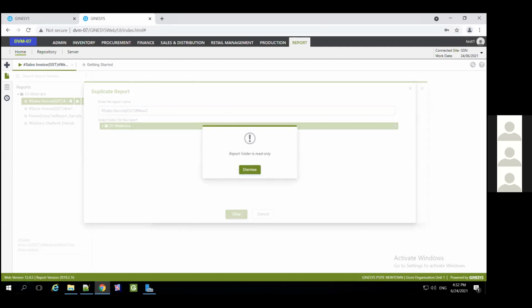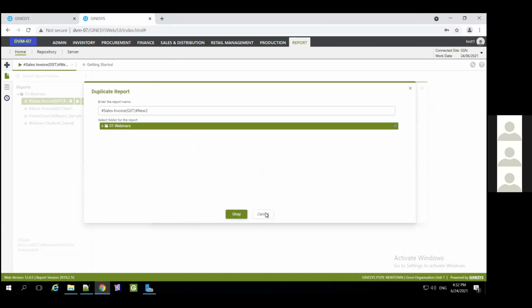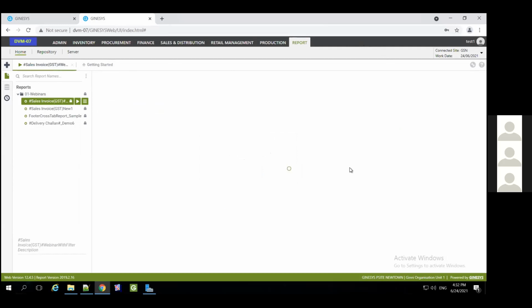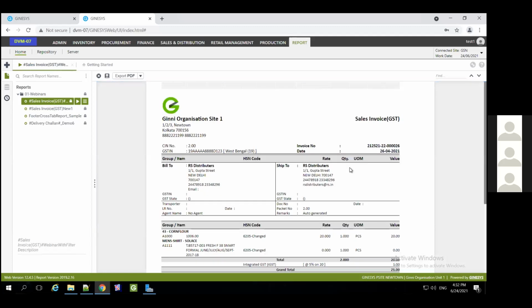So this user who has been assigned this particular role, which we just created, can only run the report. This person cannot create any report, but he will be able to execute this. So this is a basic example of a role for a user who only executes reports. This role is basically for the users for whom you do not want to provide other access.